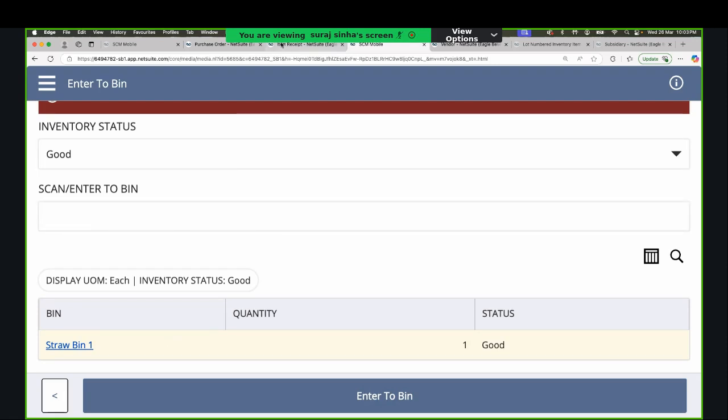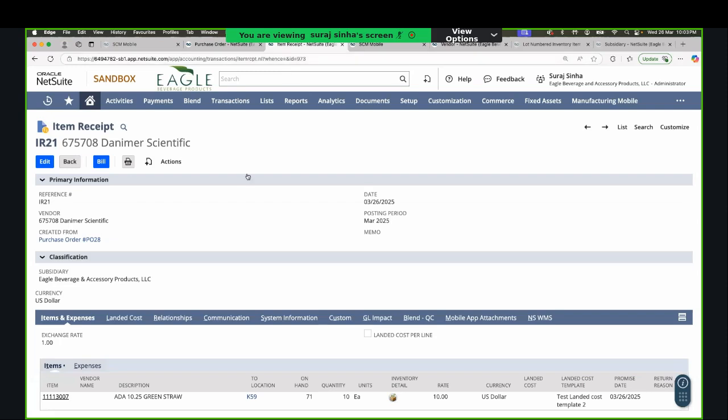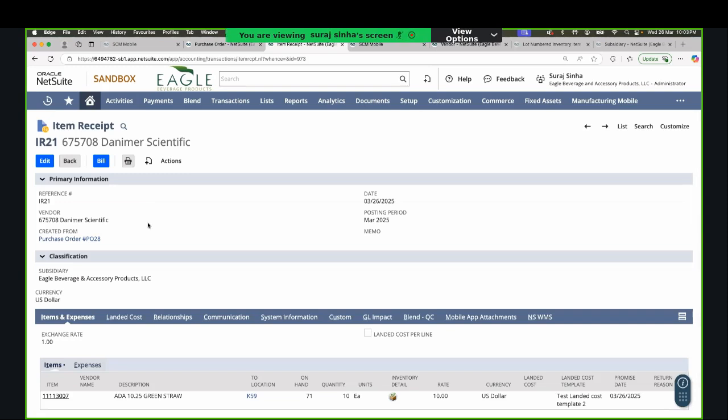Okay. So coming back to ERP. This is the item receipts. As I have created the purchase order and the item receipts, let's complete the full process of this. So after the item receipt, we can do the billing side. There are multiple ways to create a bill of a purchase order. Either we can directly click on this button from the item receipts, or you